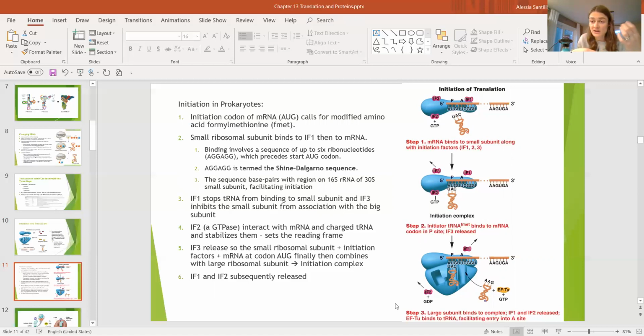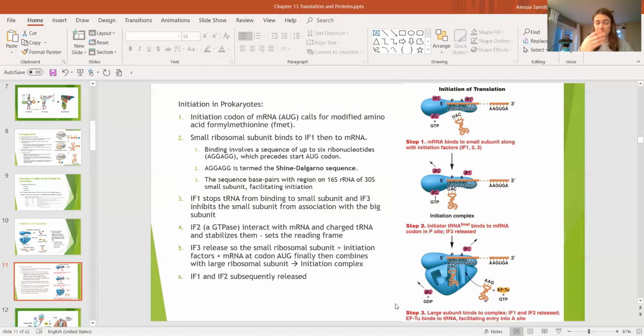One initiation factor is called IF1, and this is actually the one that you need, the small subunit. So the small subunit with the 16S RNA requires initiation factor 1 in order to bind to the mRNA. In addition, we also have initiation factor 3,